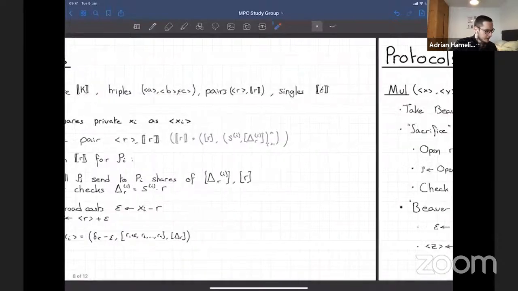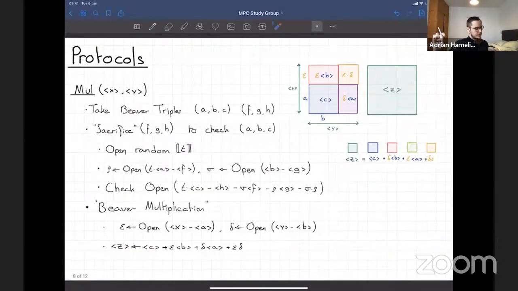Okay. So now multiplication is the same idea as before with the Beaver triples, but it's a bit more involved. You're going to require two Beaver triples, ABC and FGH, and the idea is you're going to be sacrificing one of them to check that the other one is valid.